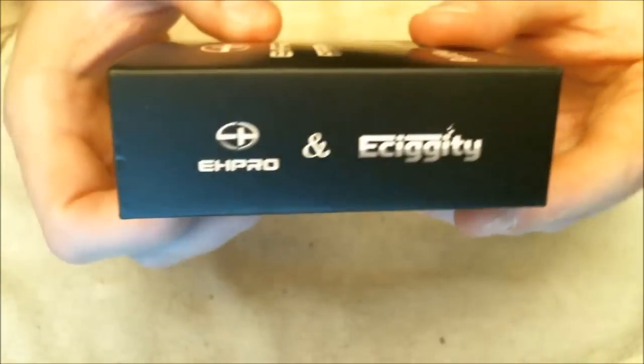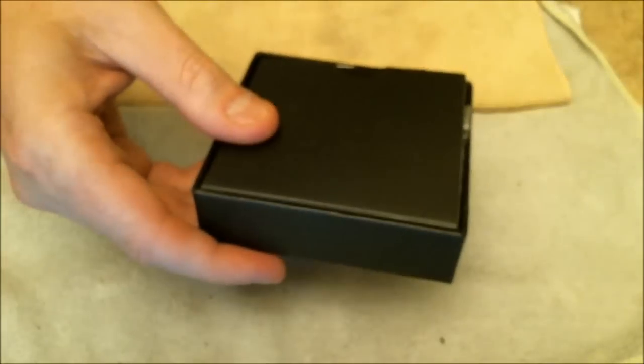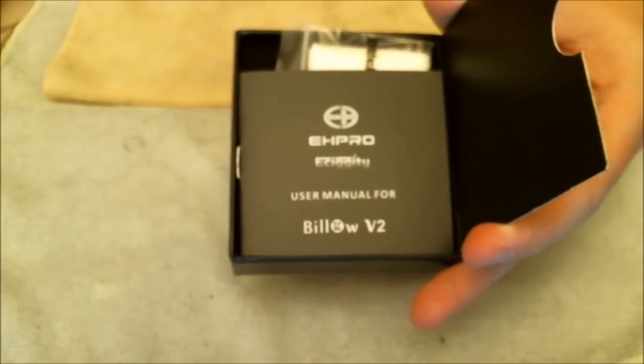See that. Not much else on the box there. EHpro and Eciggity on that side, and then it's a slide open box. Put that to one side, and open the flap and we get